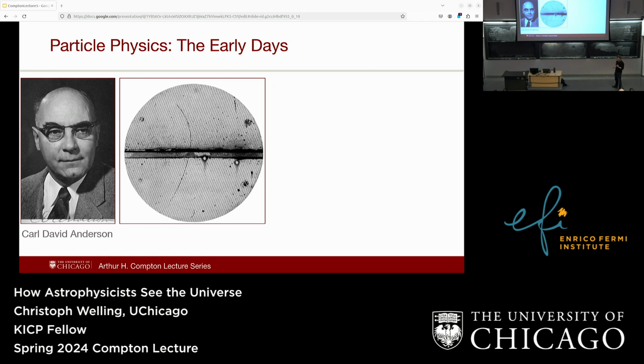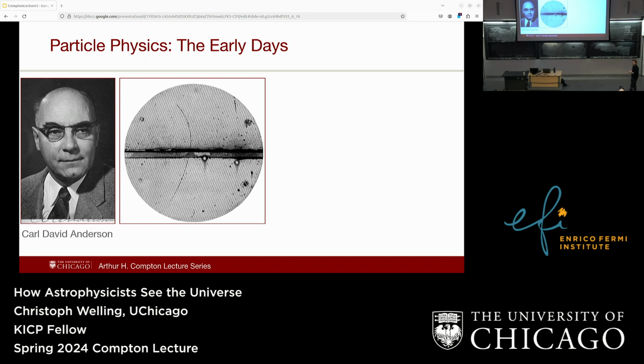But it also predicted that there should be a particle that acts like an electron, except it has a different charge. And so Carl David Anderson just tried to look for this in this cosmic radiation. What he did was, first of all, put a magnetic field around this cloud chamber. And in a magnetic field, these particles will be deflected depending on the charge. And then to figure out which direction the particle is moving, he put a lead plate here.